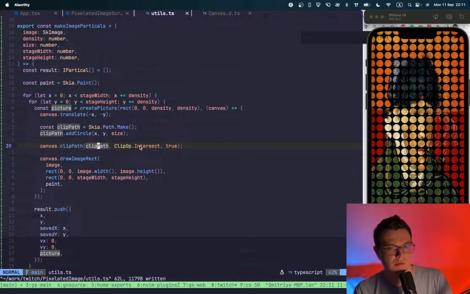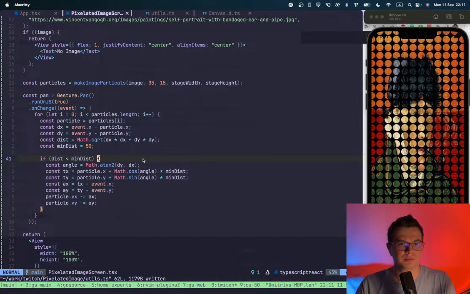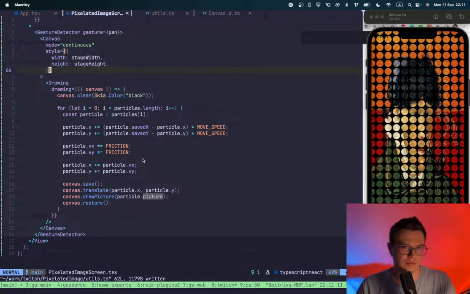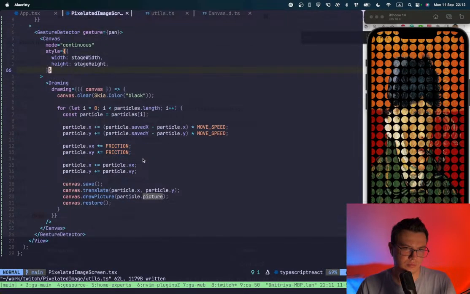How the clip path affects the translation of... you know what? Let's try